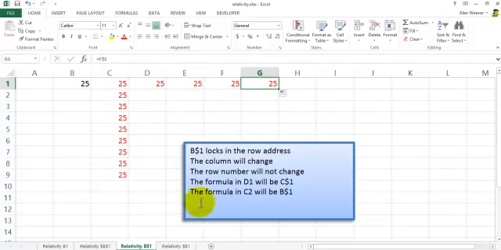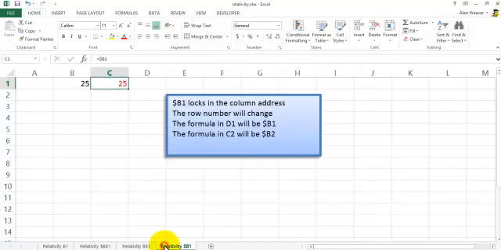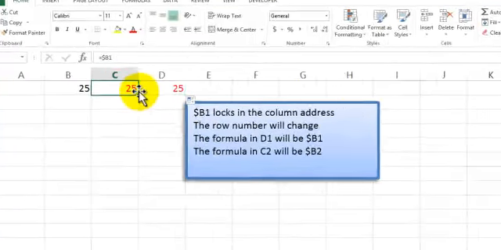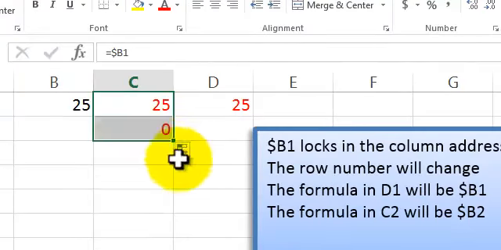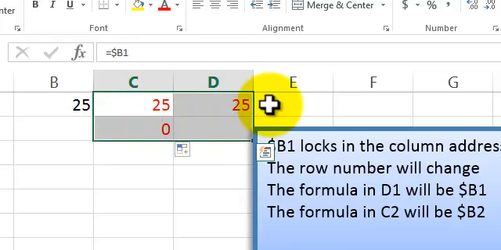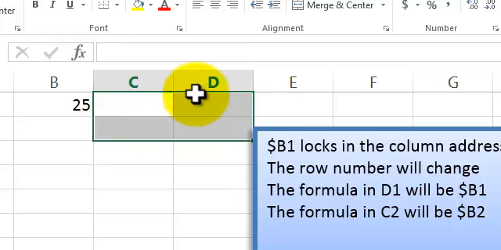You keep pressing the F4 key to do this. It's a 4-way toggle. So if I pull this over to here, it's saying $B1. I have always locked in the column, but not the row. So if I go down here, it's saying $B2. If you are doing a formula, which I'll show to you,